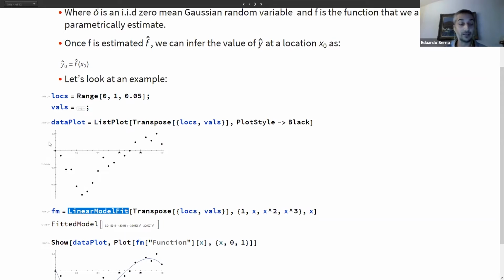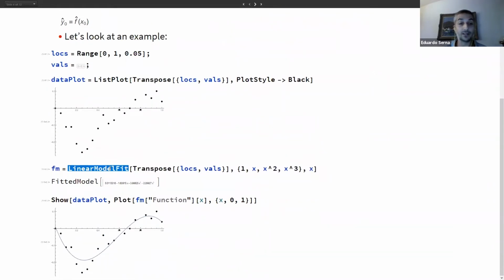We have some data that clearly comes up and down with some noise. I'm going to fit a cubic model to it. So we have a constant, a linear term, a quadratic term, and a cubic term, and we get this fitted model that we can plot, and we see that this is a reasonable estimator for this